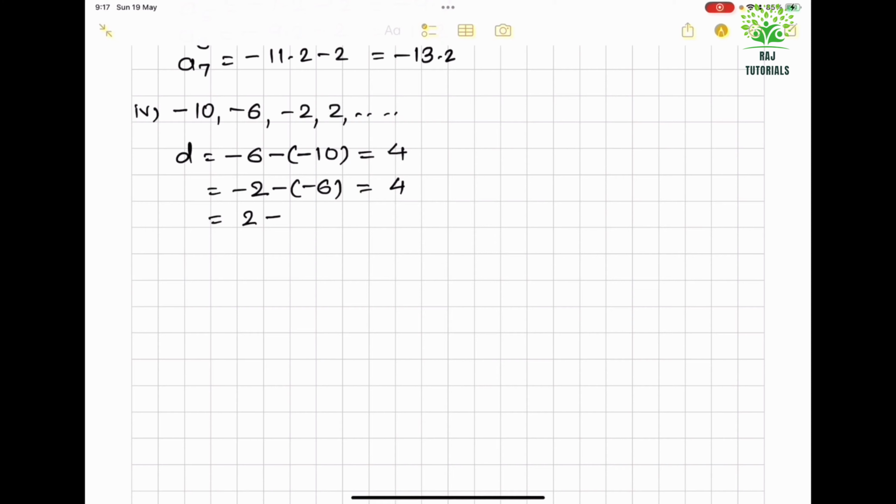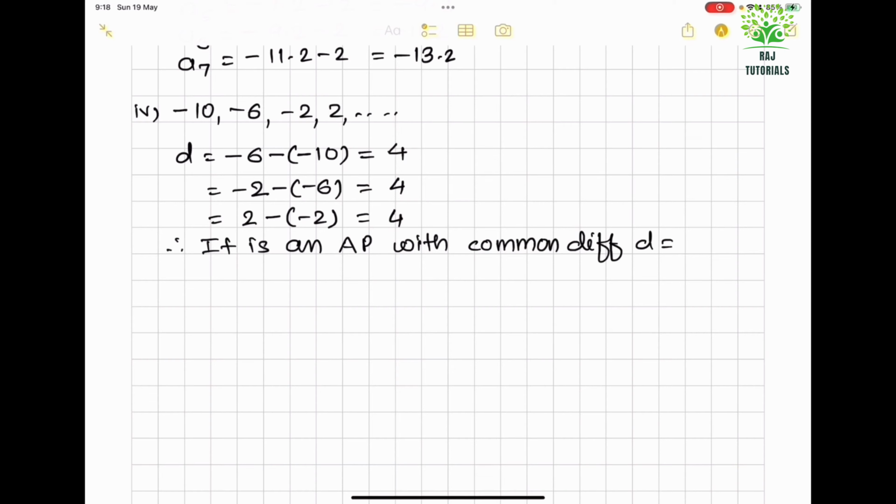And 2 minus of minus 2, that also will be 4. Therefore it is an AP with common difference D equal to 4. Next three terms,